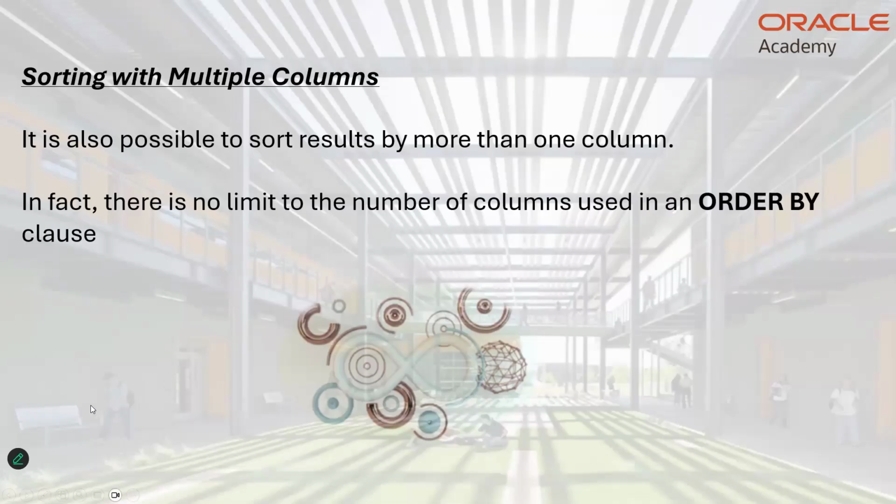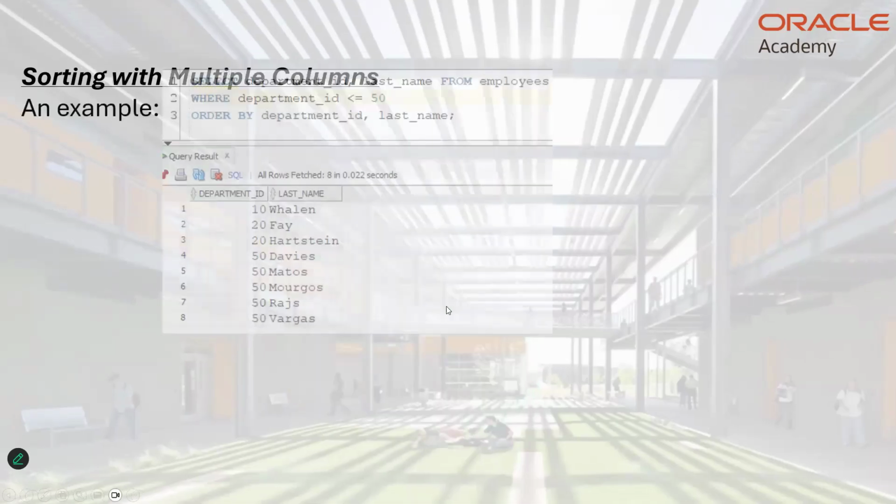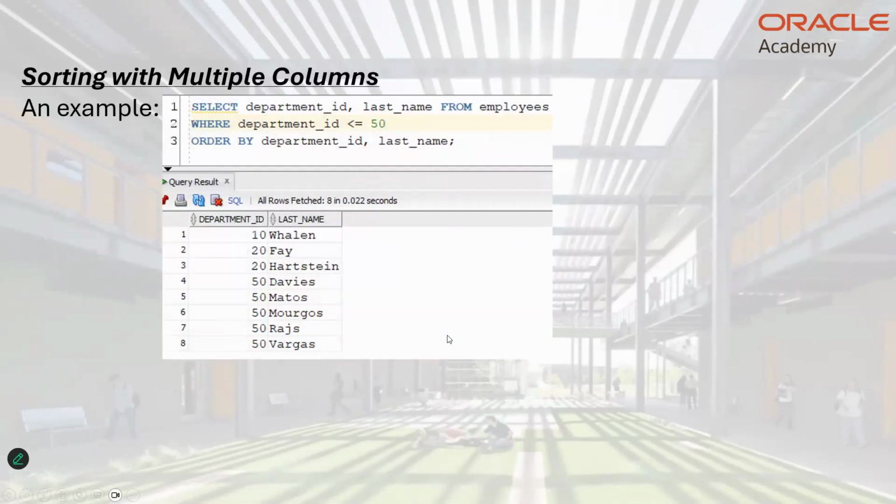As a matter of fact, I think it becomes truly a representation of disorder. You can use more than four columns, and you can order by multiple columns. Here's an example. I'm ordering by the department ID, and you see they're nicely in order. But here we have several employees in department 20, and then several in department 50. You notice that the department ID is ordered nicely from 10 to 50, and then the last names, wait a